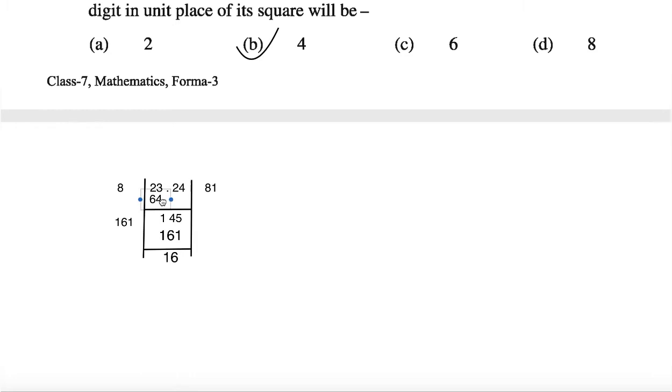Okay. Alright, 4 4 is 16, 5 5 is 25. So you should proceed with 4 only. So 4 4 is 16. 23 minus 16 is how much? 7. Okay, place 7 here.